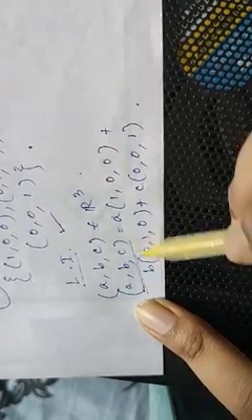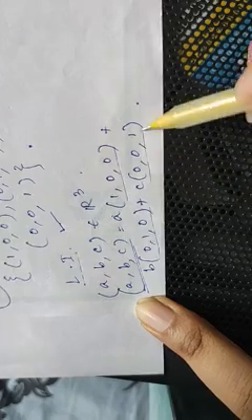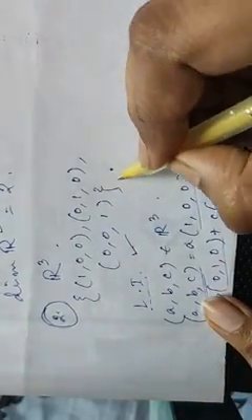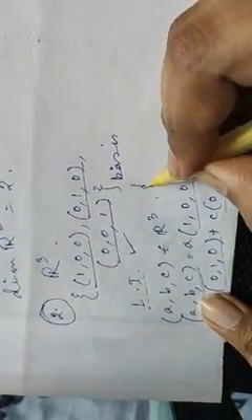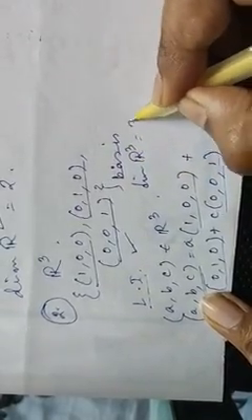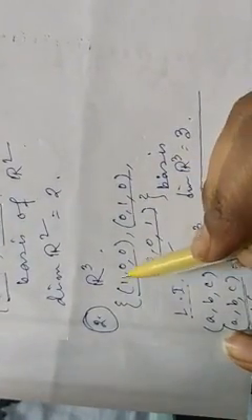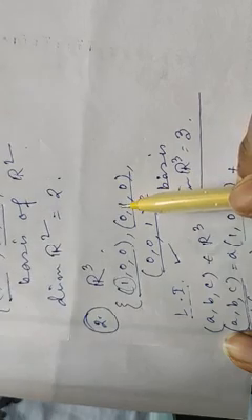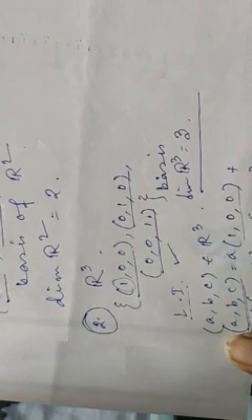So any element of R cube can be expressed as a linear combination of these three vectors. So these three vectors satisfy all the conditions for being a basis. So this is also a basis of R cube, and the number of elements is 3 here. So the dimension of R cube will be equal to 3. Now in this type of basis, the first coordinate is 1 in the first vector, all the remaining are 0. For the second element, the second coordinate is 1, all the remaining are 0. For the third element, the third coordinate is 1, and the remaining are 0.